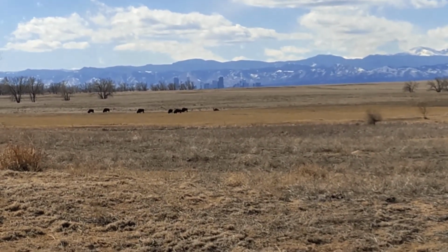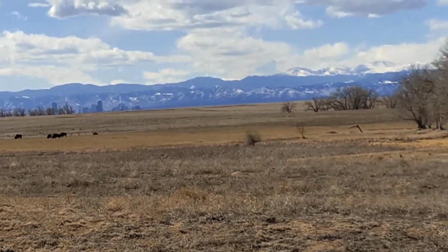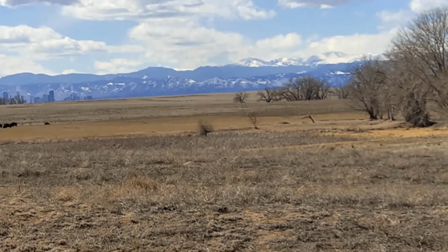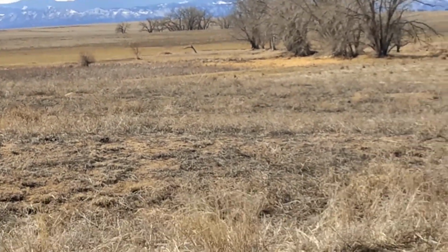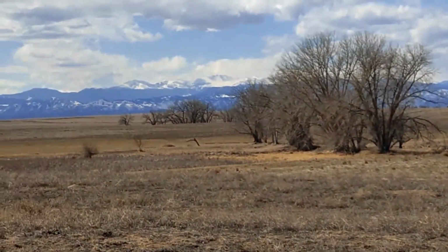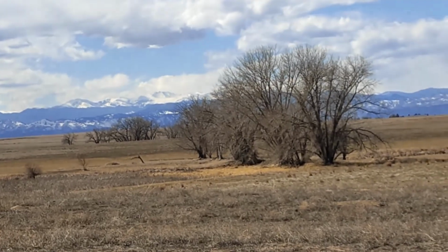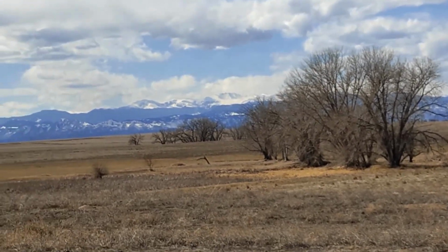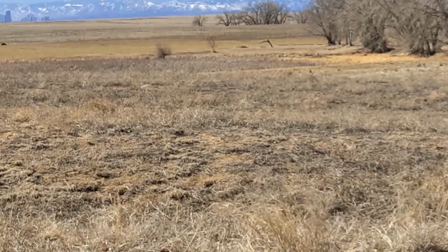skyscrapers of downtown Denver and then the range of the Rocky Mountains, and a little bit to the right there you can see the snow-capped peaks, which I hope to get to maybe next weekend. We're supposed to get a little more snow. There's a Rocky Mountain National Park up there somewhere. It's about a 2-hour drive, so I chose the closer one today, this wildlife refuge,